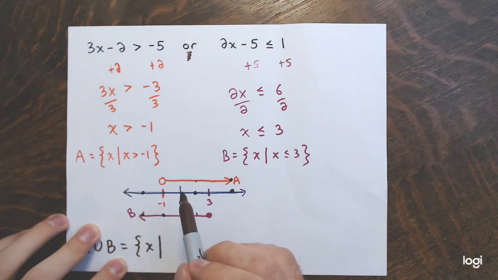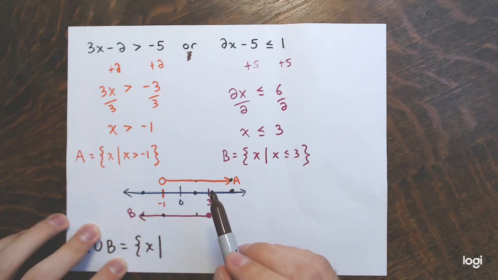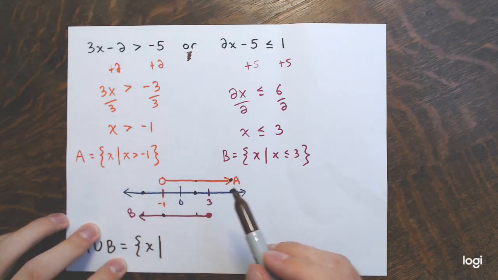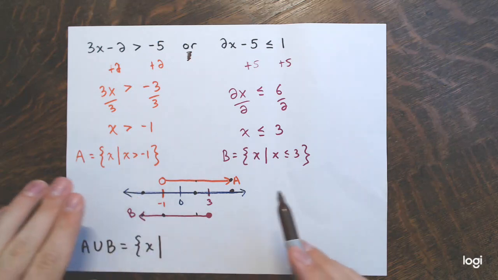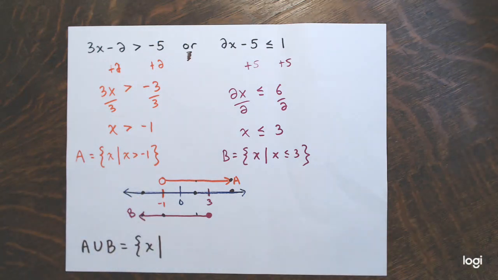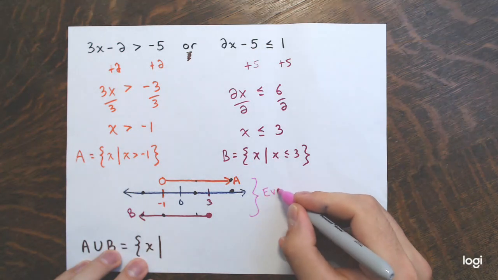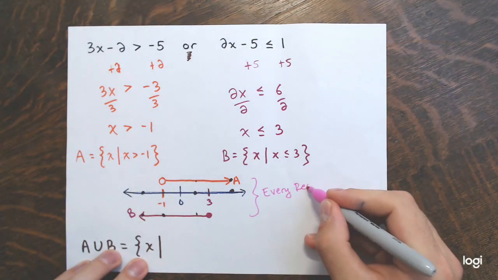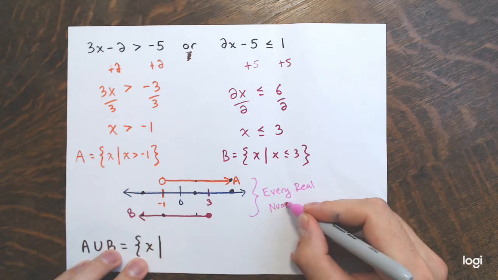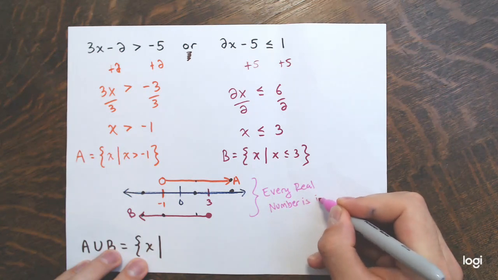-1 up to 3 are in both, so they're in the union. And all the numbers to the right of 3 are in A, so they're in the union. Every real number is in the union. I am seeing that from this picture, right? Every real number is in the union